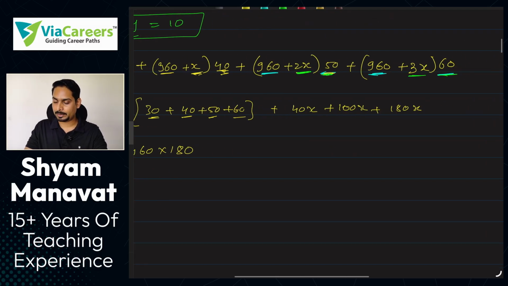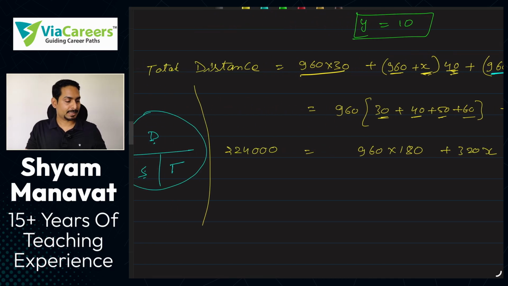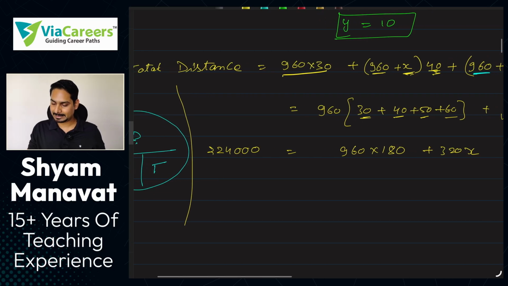Okay. Now look at x. So here you got what? 40 plus 100 is 140. 140 plus 180 if you add, then you get 320. So this is 320x. Chalega. Now let's simplify further. So if you can see this all are divisible by 0 0 तो आप कॉमन निकाल के कैंसिल कर सकते हो यहाँ पे,